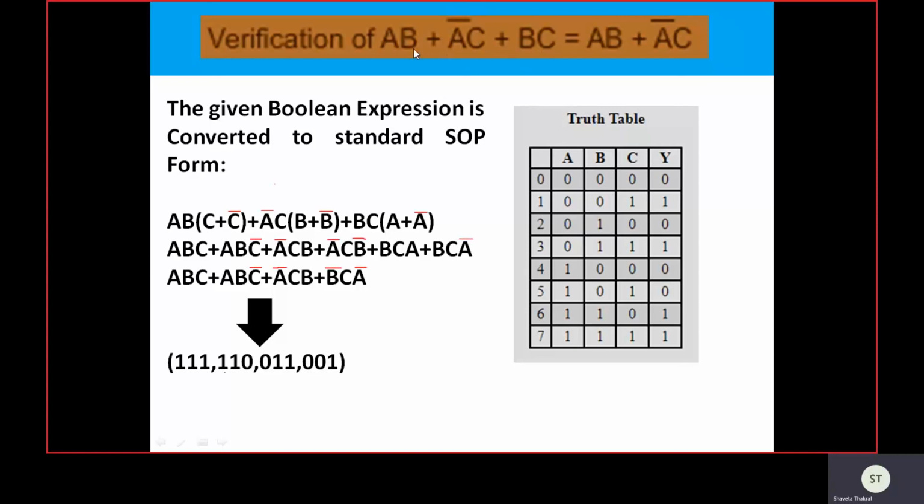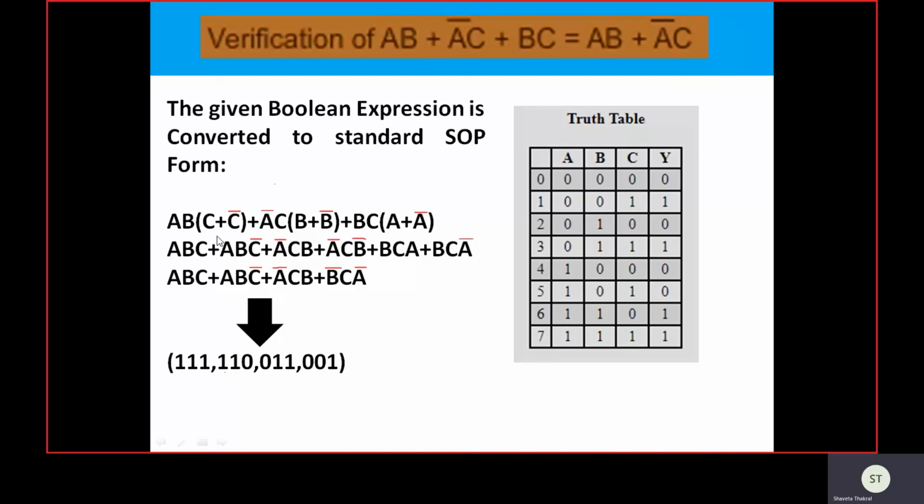So we want to convert this to standard SOP form by including all the variables in all the product terms. How can we convert it? Here C is missing, so we can multiply this product term with C plus C complement.